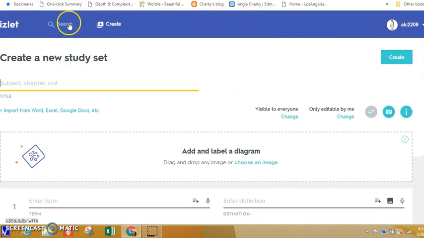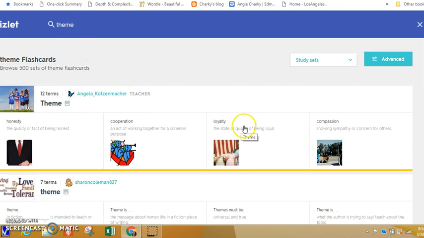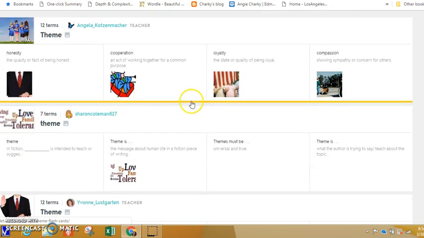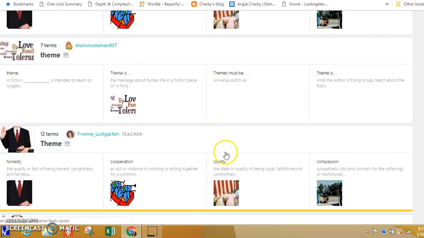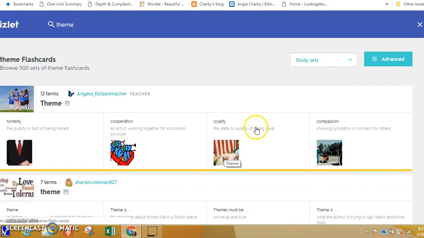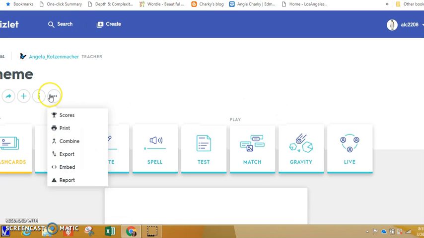Another easy, quick option is to click on search, and you can look for a topic, maybe theme, since I'm an English teacher. And here are pre-made study sets that other teachers have made, and you can glance through them. You get a bird's eye view of what they look like,